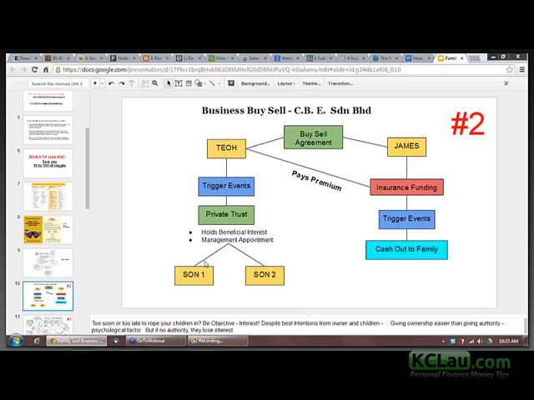Theo has two sons already in the business, but they are not the decision makers. They are still in their early 20s. If anything happened to him today, he would not be able to pass the business on to his sons yet, because they cannot make mature decisions, having just joined the business and lacking experience. So how do we go about that? If Theo passed the decision making to both sons,